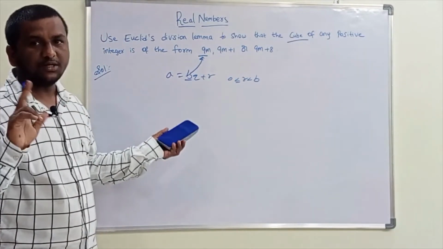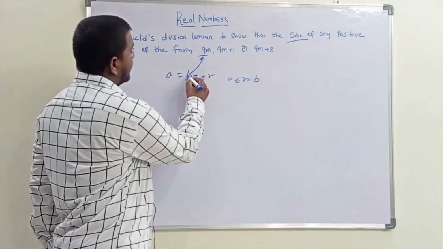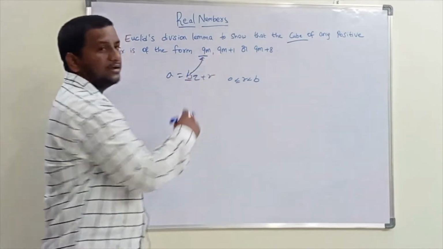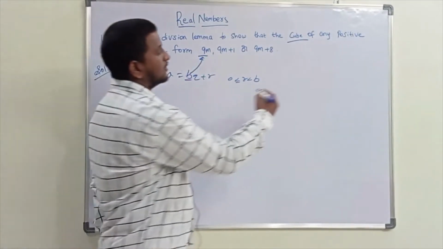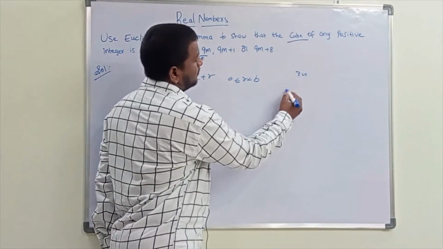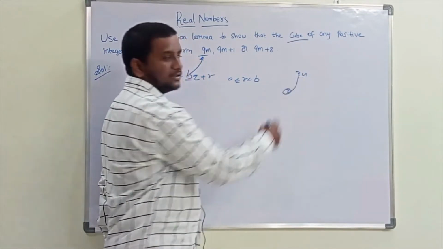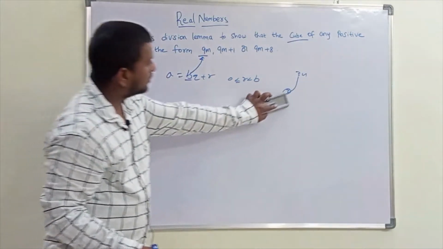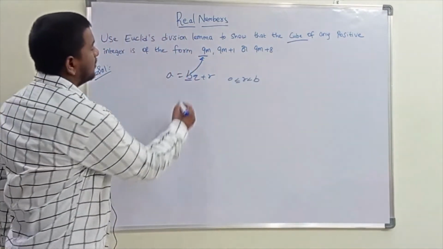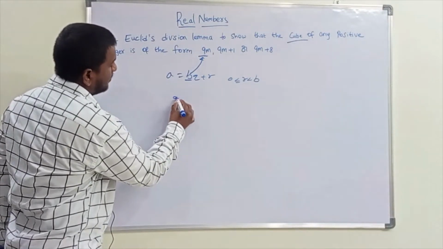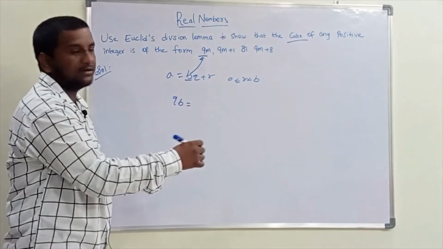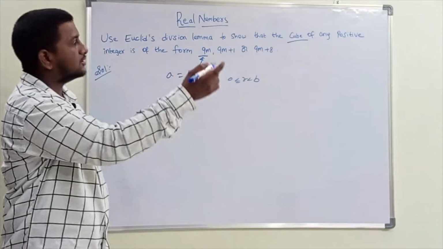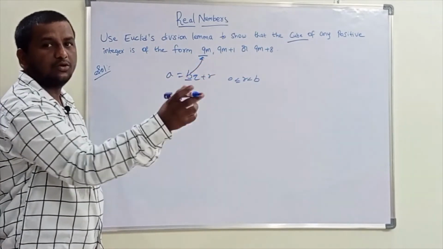In the previous example it was a square, so by multiplying this b with the given number, it should give us the perfect square. In the previous example, it was 3m and here the b value we taken was 3. 3 3s are 9, so it gives us the perfect square. 9 is a perfect square. So in the same way, now we need to find out. So 9b gives us the perfect cube here because he wanted us to show a cube of a number.